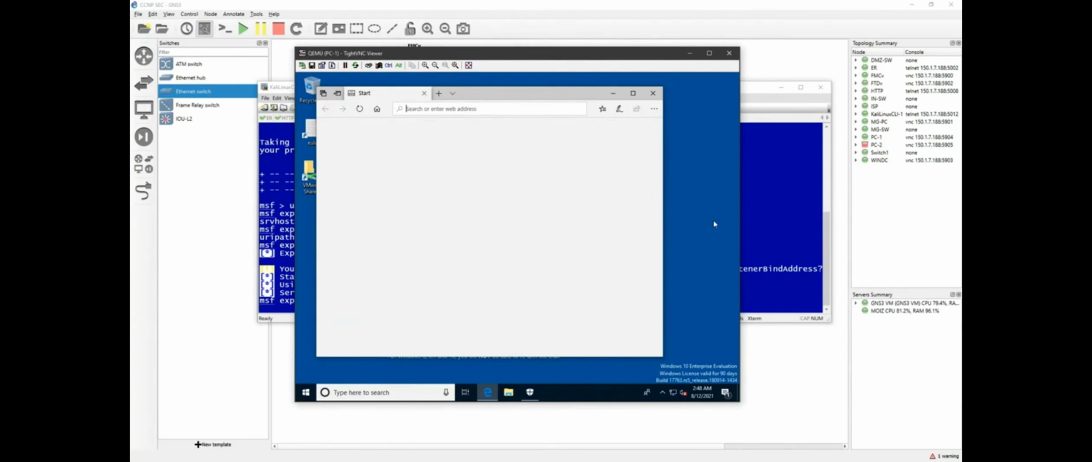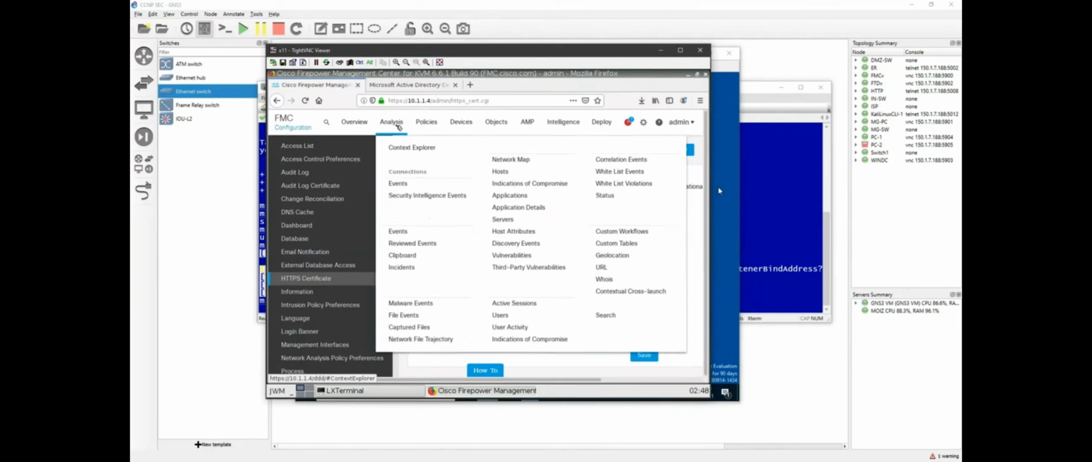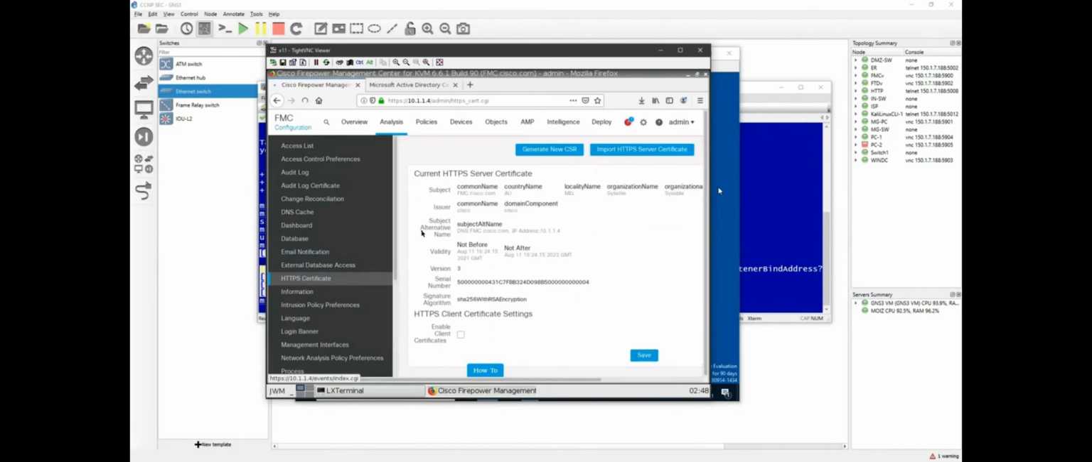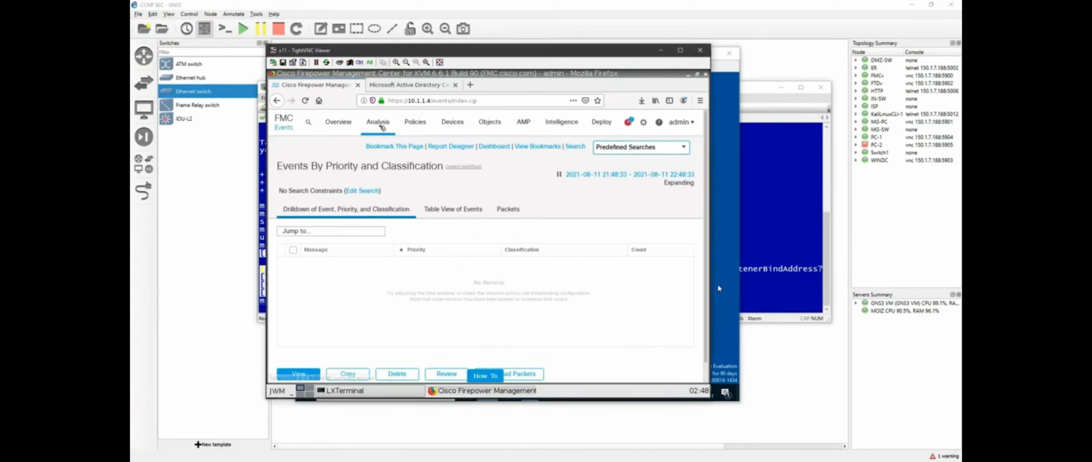If I go to my FTD, FMC, if I go to analysis, and intrusion events, by default it will not detect the intrusion. So you have to implement the intrusion policy for it. Right, you can see that there is no intrusion event, but the intrusion has already happened. So you don't know. If I go to the connection events,